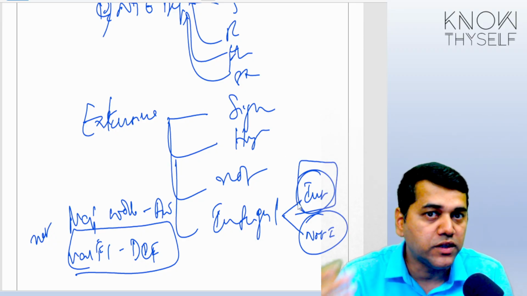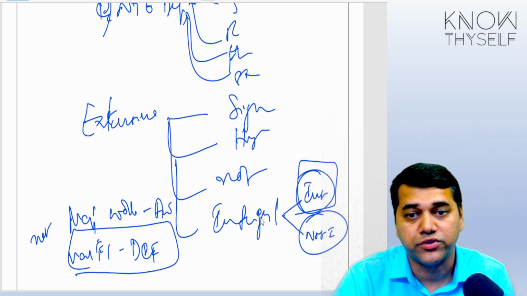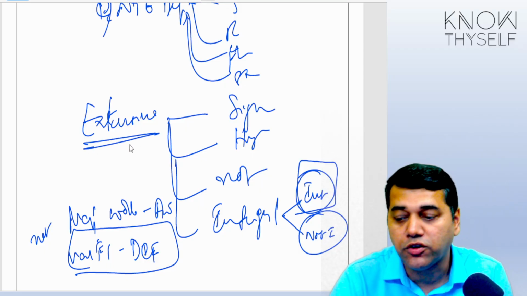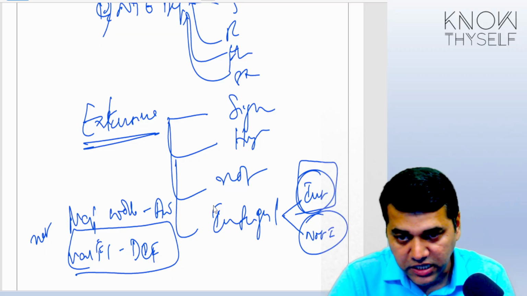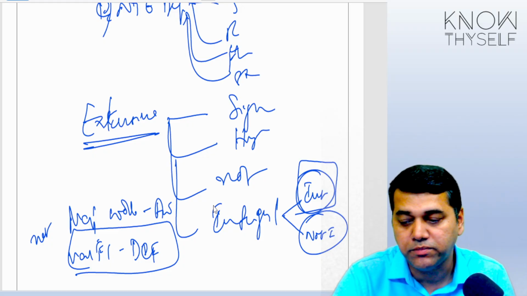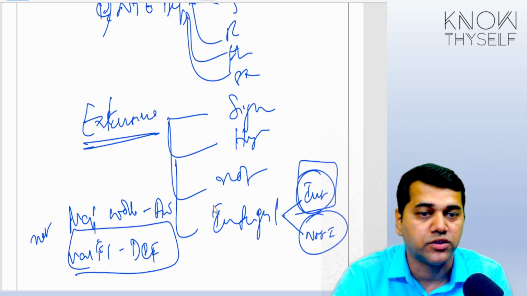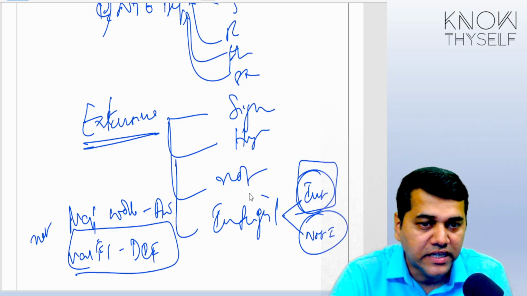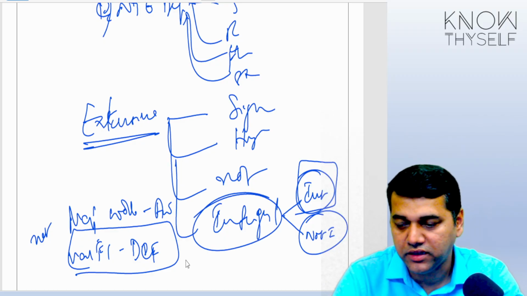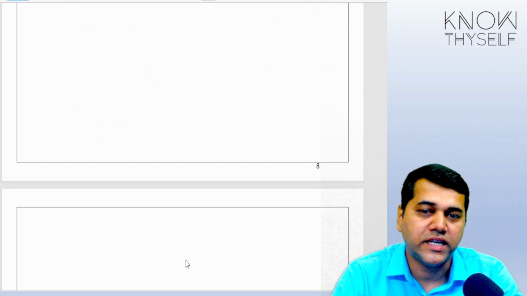So if somebody's work is integral to the audit process, then the extent of involvement of the auditor should be more. And if that third party expert is not subject to the firm's quality control and procedure, then your extent of involvement should be more. I hope this point, integral part, is clear. So we'll move on to the next element now.